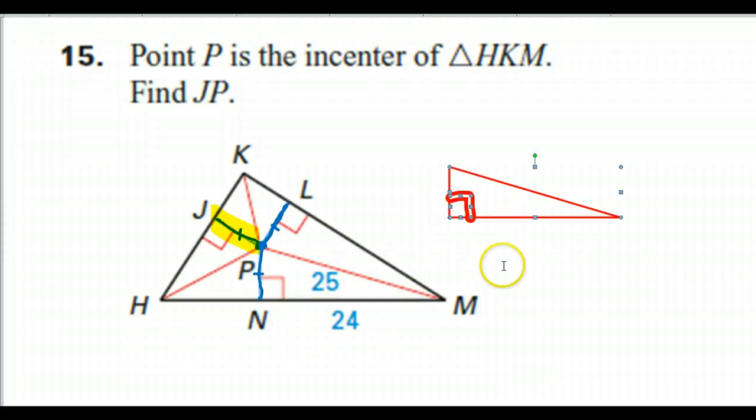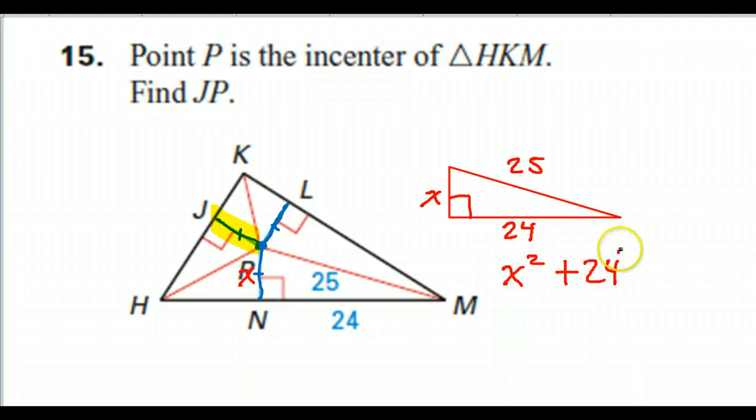All right, I'm just going to do the Pythagorean theorem. Okay, let me move that off to the side for a second. We're supposed to find PN. PN is going to be this side right here. So that's like my x. 25 is the hypotenuse. That's like right here. 24 is this leg. So I'm going to do my Pythagorean theorem. That's going to go leg squared plus leg squared equals hypotenuse squared. So that's going to give me x squared plus